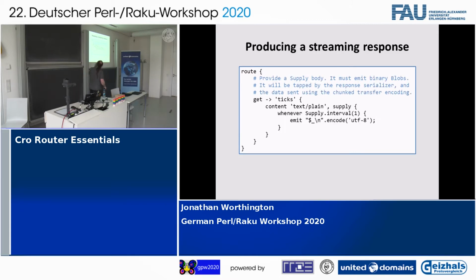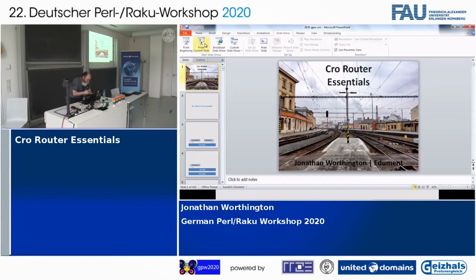Now, this one is kind of interesting. What happens here is we provide a supply body. And the supply is something that produces values reactively over time. What we're doing here is we're saying every 1 second, emit a number. And it turns out that if you actually do this, and